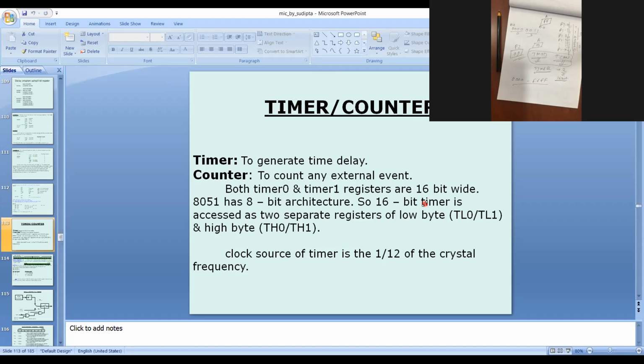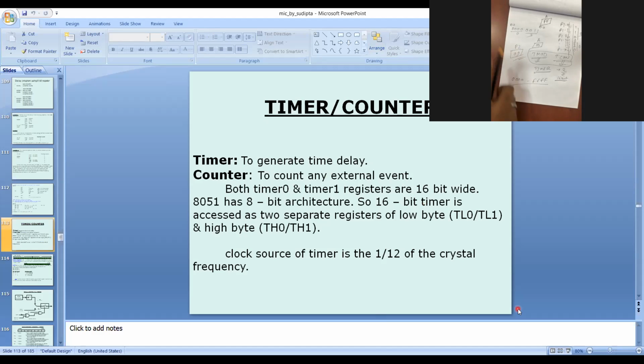Suppose 10 members are playing, then we count up to 100. If there are 20 members, then how much count? 200. So the first one is called 100 counting mode, and the second one is called 200 counting mode.